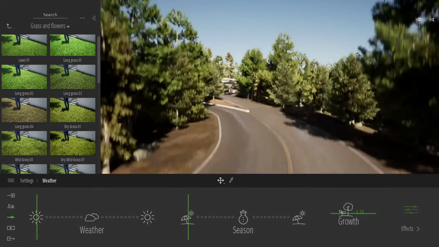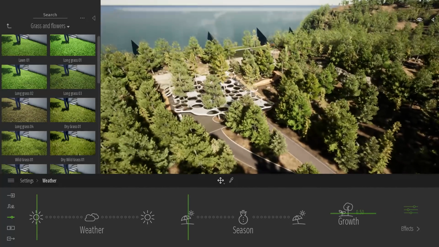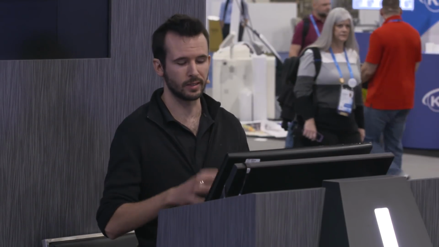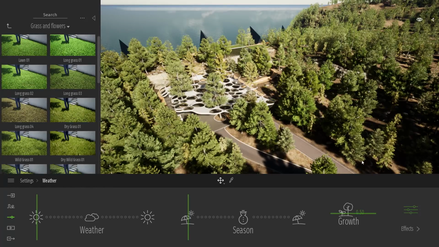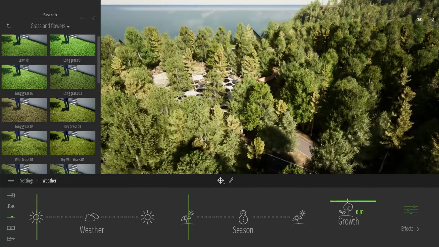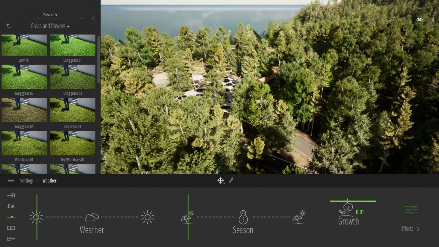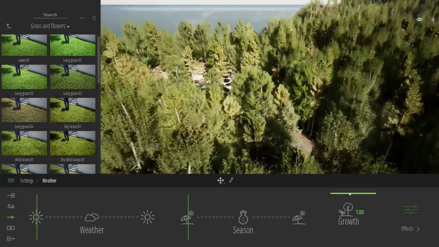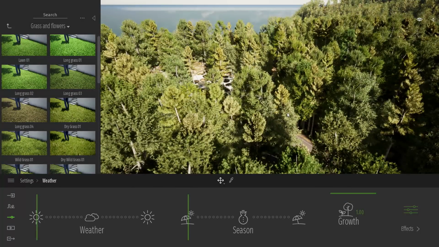What is really new is the new slider that we call the growth. I've told you that all the 3 exist in 3 different ages, and we wanted to give the user the possibility to visualize the project at delivery. So this is the project at delivery. And if I select this slider, I can visualize how the vegetation will evolve over time. So in 20 years, it might look like that. And in 30, 45 years, I can't even see my project anymore.